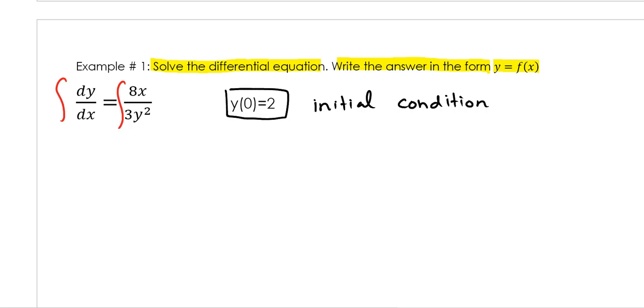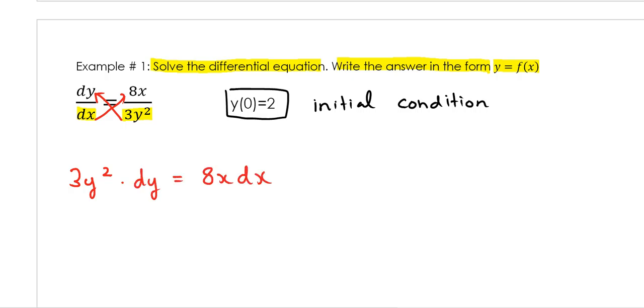problem is you can't do that right away because there's a y here and an x there. There are different variables, right? The variables don't match up, so the very first thing that you need to do, before you can find the antiderivative, is make sure that the variables are on the same side of the equation. And as mentioned in my previous example, sometimes all you need to do is take the denominators and just crisscross them. So if I crisscross the denominators, I get 3y squared times dy equals 8x